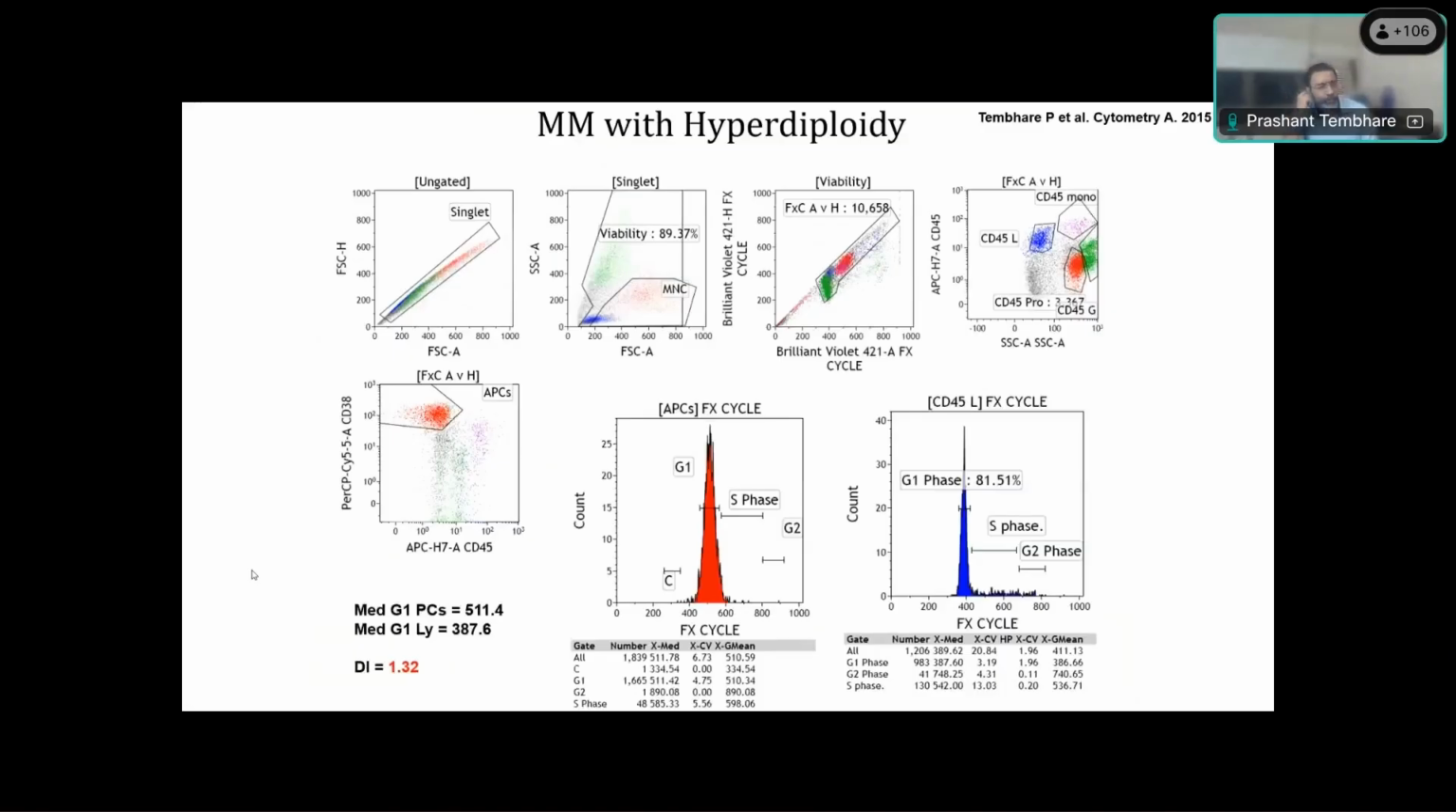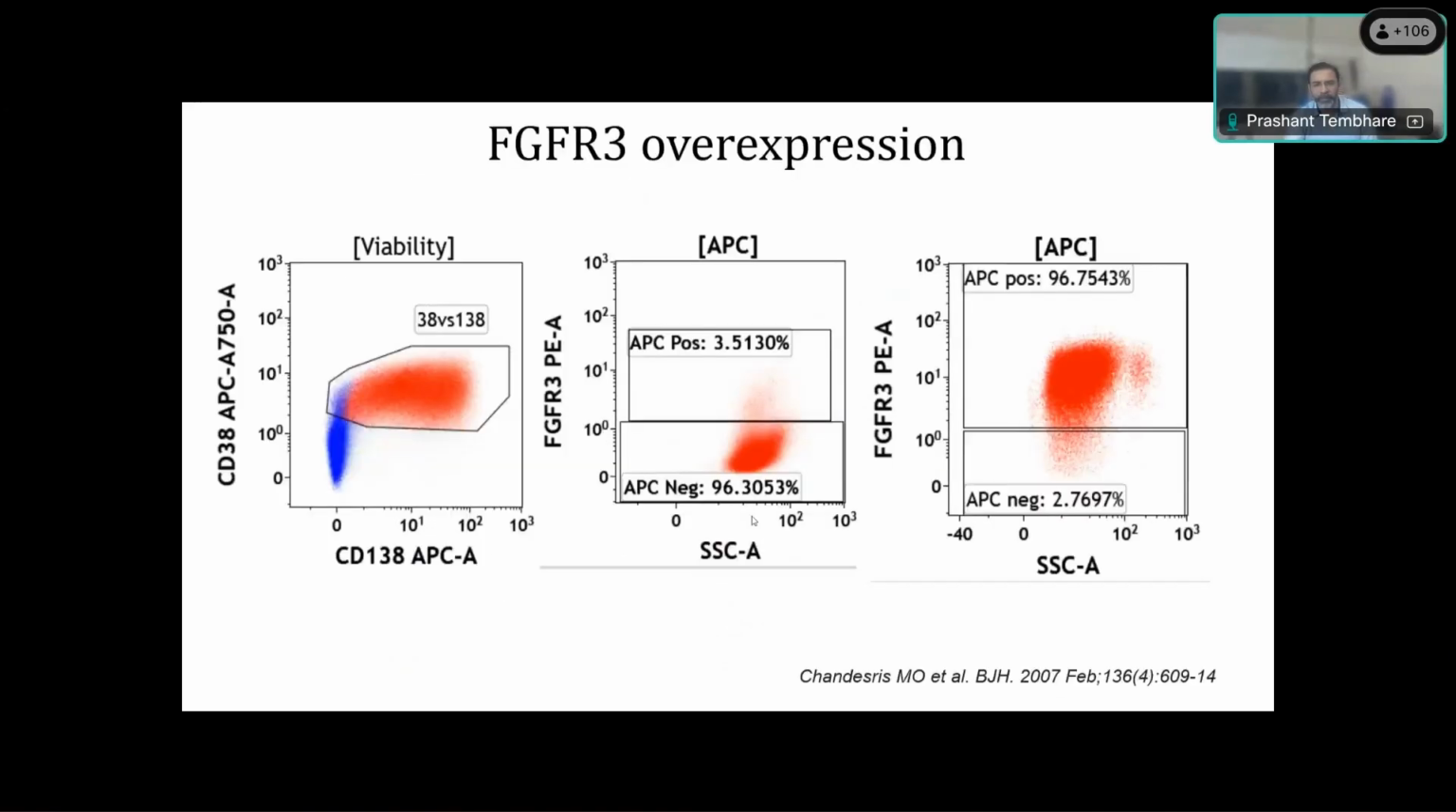Just to show you, we can do ploidy by using flow cytometry. We look at the S phase also. You can see that we can look at the S phase of the tumor and we can identify the proliferating plasma cells. And we can look at the DNA ploidy of this. I'm not going into this ploidy because otherwise it will take longer time